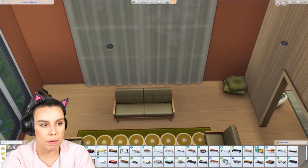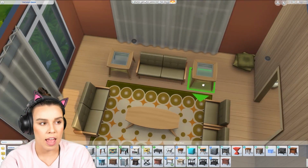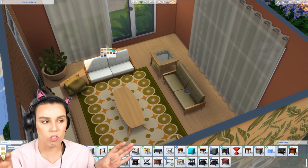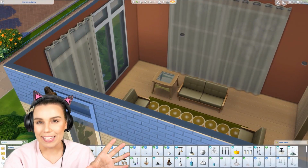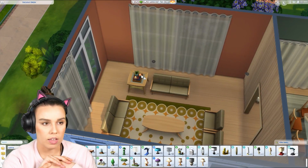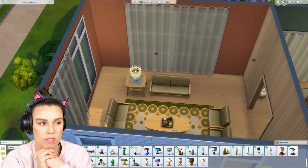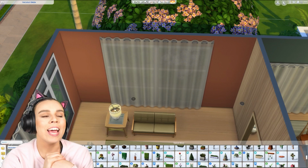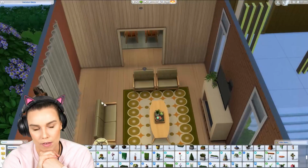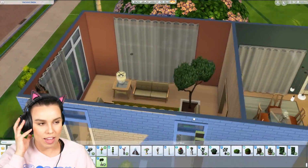And the problem with the wallpaper was it came out when they did the free Caribbean release, but the wallpaper was only available with wood under it, which is not ideal for a lot of homes, and a CC creator actually removed the wood, so it's just a flat leaf pattern, which I've used in this house as well, and I absolutely love. So I feel like the grandma is quite eccentric, really loves the 70s, so definitely staying true to that